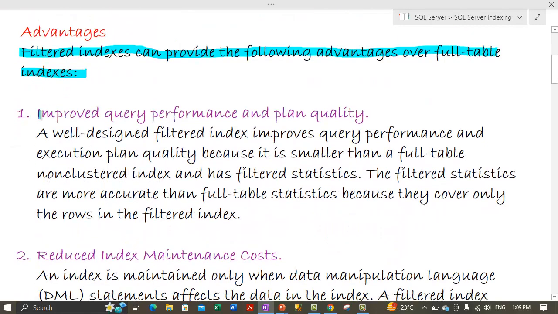It improves the query performance and plan quality. That is one of the benefits. It improves the query performance and the execution plan quality. We will create videos on execution plans soon, so